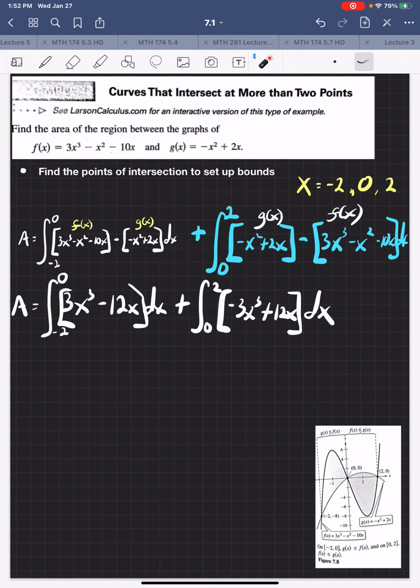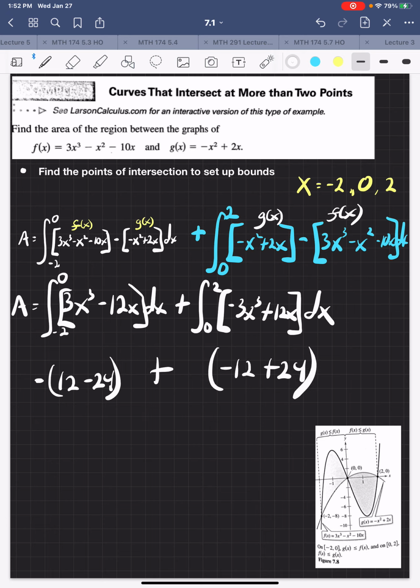Okay, so at this stage, this is easy to integrate. Both of these are easy to integrate. What you would get is, after you integrate, I'm just gonna jump to the solution portion. So this would be negative 12 minus 24 plus, over here would be negative 12 plus 24. So the result would,